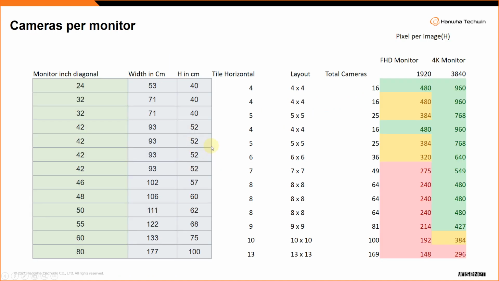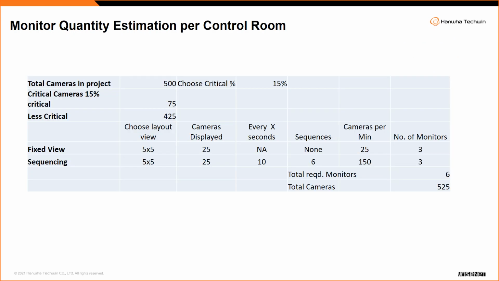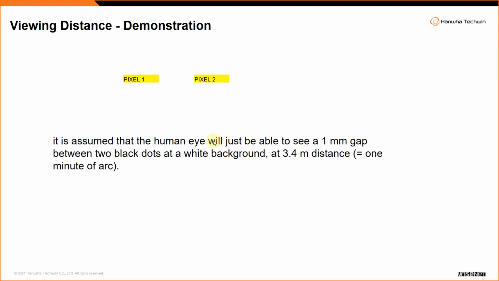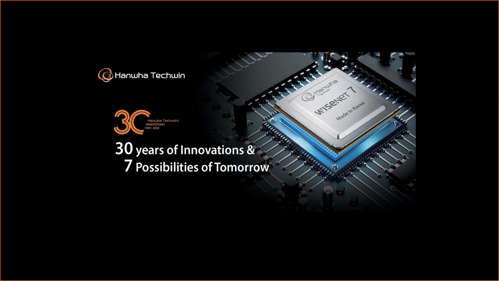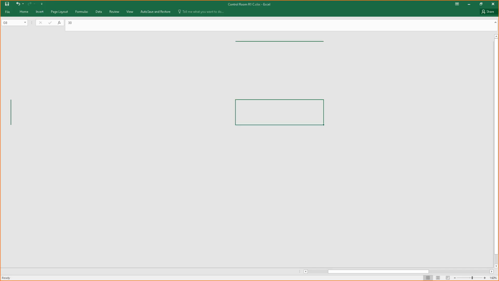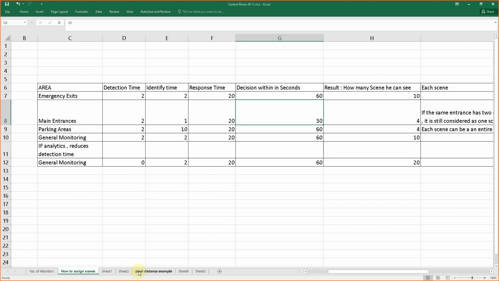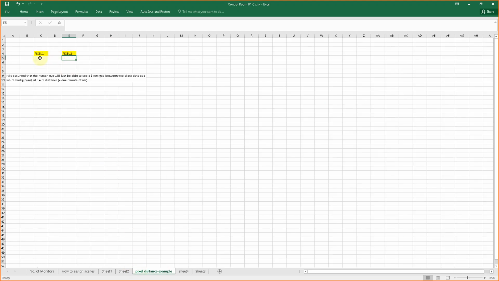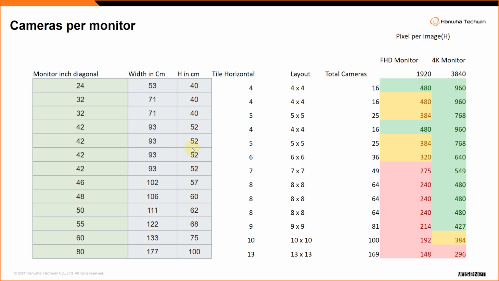Okay, and another common question is what should be the resolution of the monitor? Now, when you use a 42-inch 2 megapixel monitor versus a 42-inch 4K monitor, 4K means how many pixels? First we have to look at the slide. If it is a 4K monitor, the horizontal pixel count is 3840. Horizontal pixel count for full HD is 1920, 1920 by 1080. You know this. Okay, more pixels.